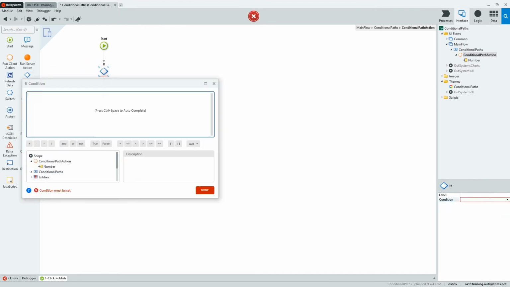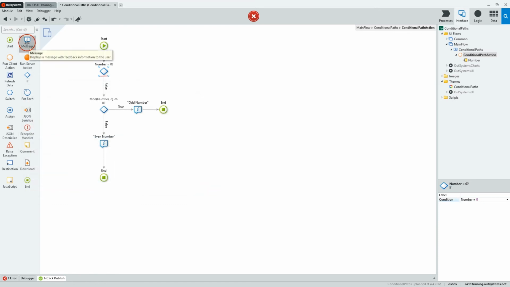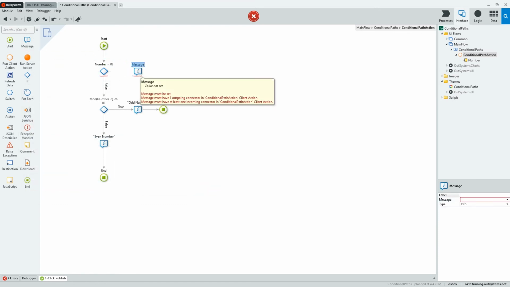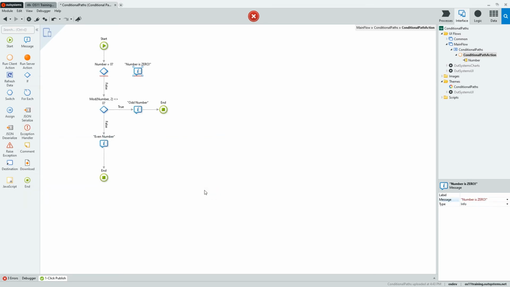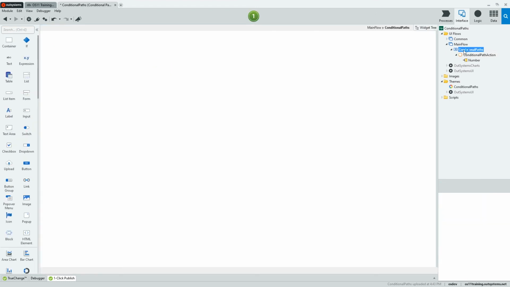This new if will verify if the number is 0. If it is 0, we will display a message informing the user. To complete the logic and clear the true change errors, let's add the end and create the missing connectors. Let's now change the number input to 0.